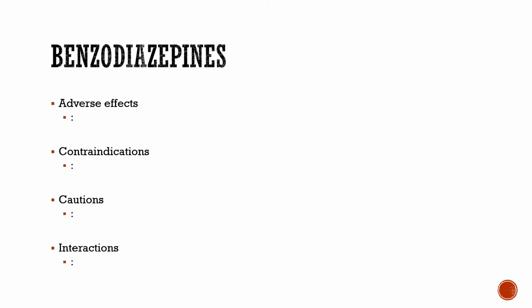Contraindication, of course, respiratory depression, sedation. If they're already sedated, we don't want to continue to sedate them. Sleep apnea wouldn't be the best idea to give this to them. Be careful in people with a history of drug abuse or alcohol abuse. If they have active liver disease, that could potentially be a contraindication depending on what's going on. And depression. Be real careful with that as well.